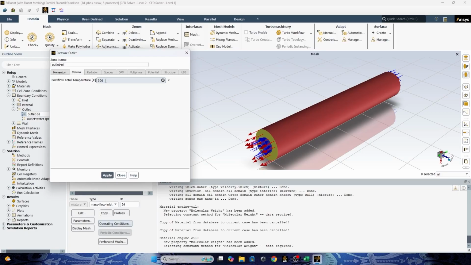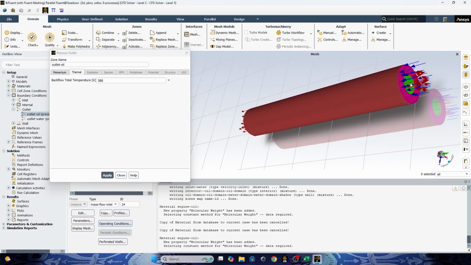You can just take a guess at how much the temperature will be on the outlet side of your fluid domains based on the temperature inlet. It will not affect the computation.